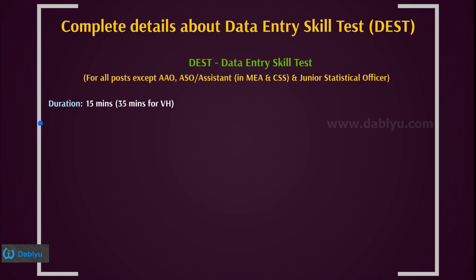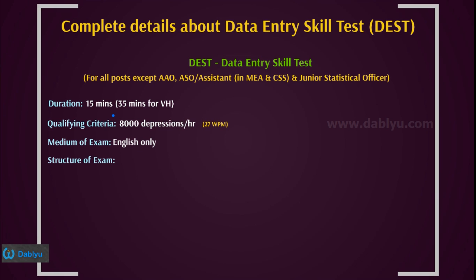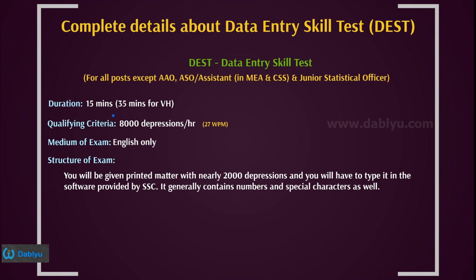Next, let's get into the details. So the duration of the exam is 15 minutes, and the qualifying criteria is that you should type at a speed of 8,000 impressions per hour, that is roughly 27 words per minute. And the medium of the exam is strictly English, and the structure of the exam is such that you will be given a printed sheet where there will be a few paragraphs which are nearly 2000 impressions, and you will have to type it in the software provided by SSC in 15 minutes, and that paragraph will generally have numbers and